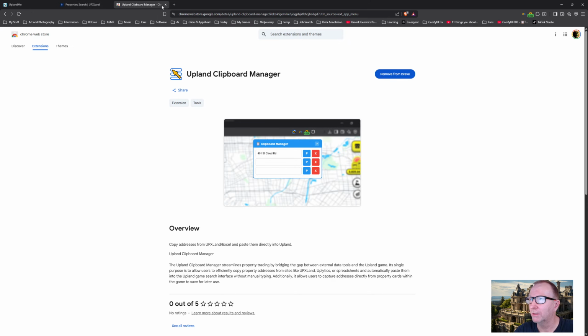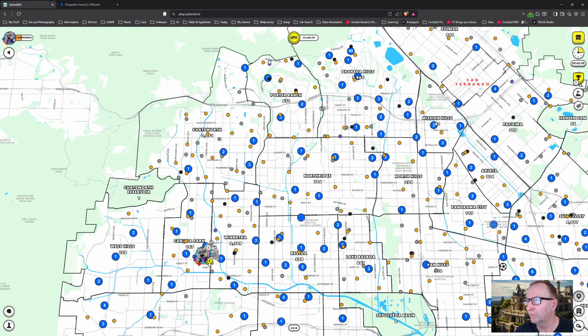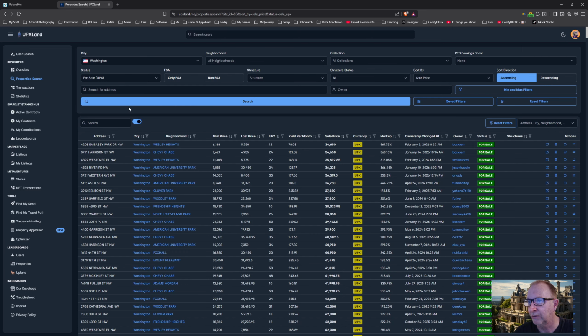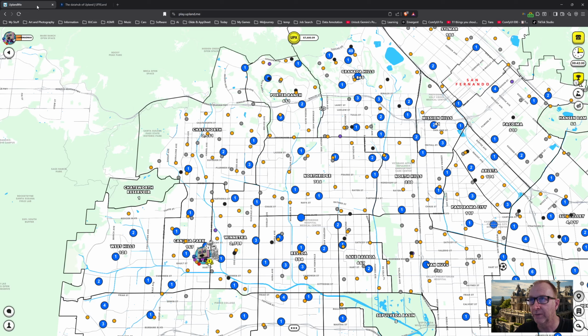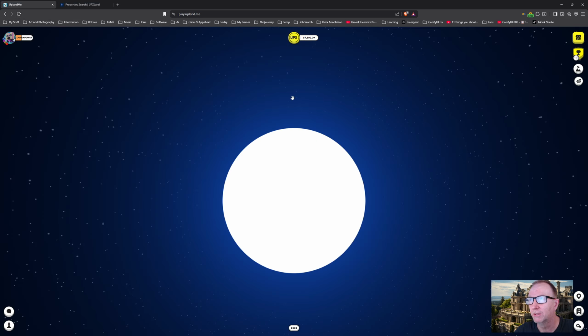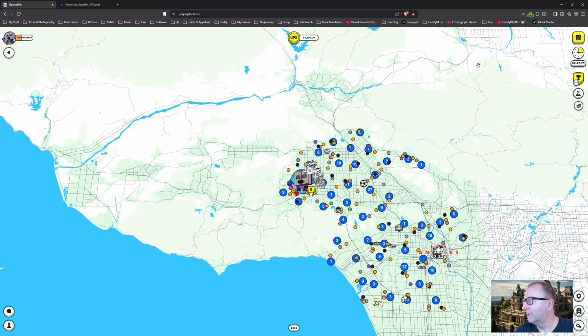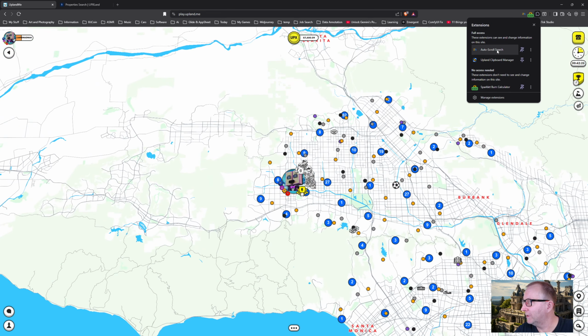Once you install it, you will need to reload Upland, and also it works with UPXLand as well. And if you have both of those loaded, you will need to refresh them to get it to work properly. And once you have done that, you can find it in the manager. It's called the Upland Clipboard Manager, and if you push the pin button again, you can have it stay there